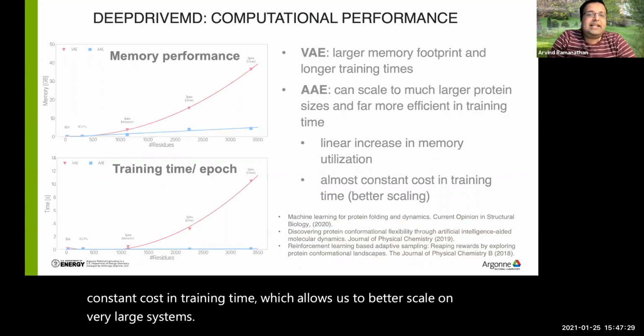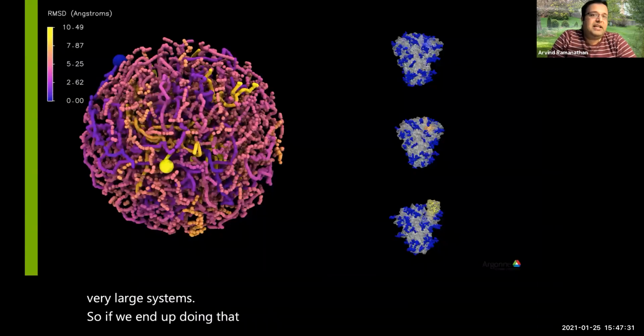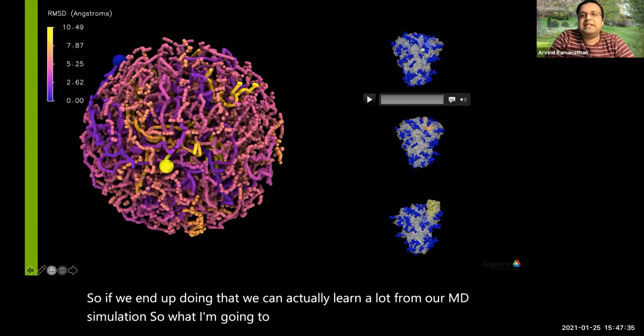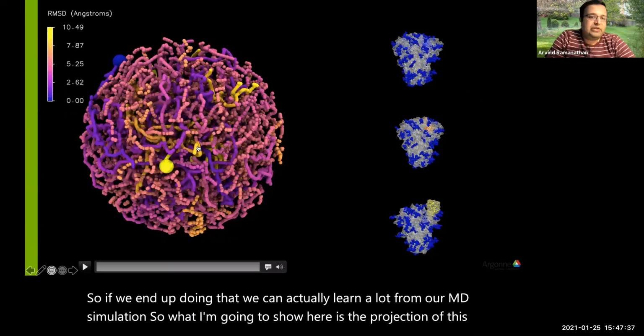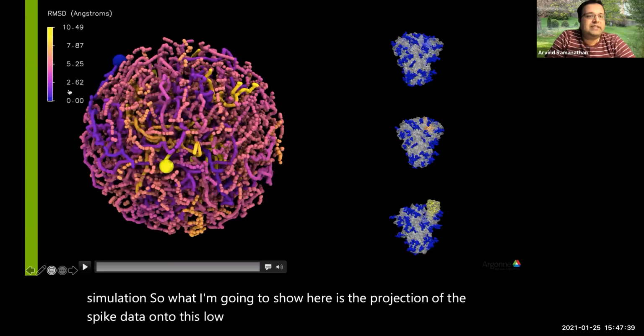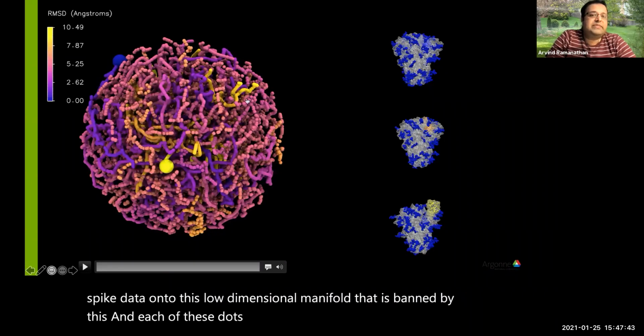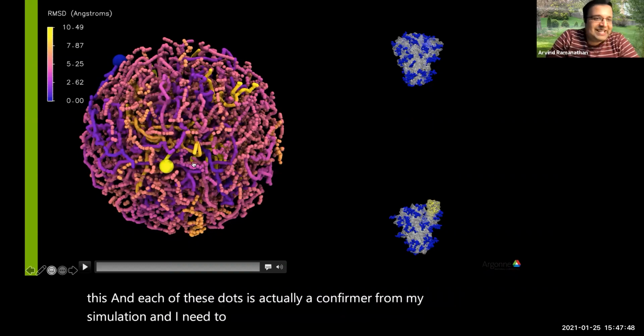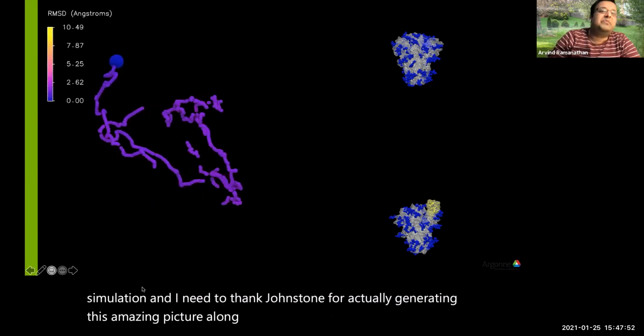So if we end up doing that, we can actually learn a lot from our MD simulation. So what I'm going to show here is the projection of the spike data onto this low dimensional manifold that is spanned by this. And each of these dots is actually a conformer from my simulation. And I need to thank John Stone for actually generating this amazing picture, along with Anda, who also did a significant portion of this